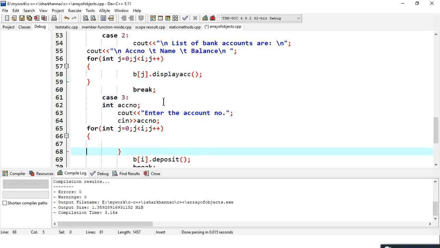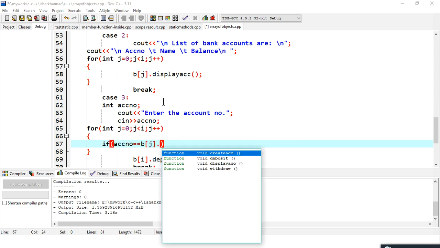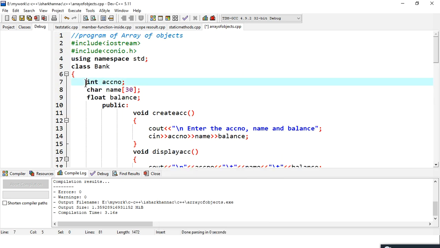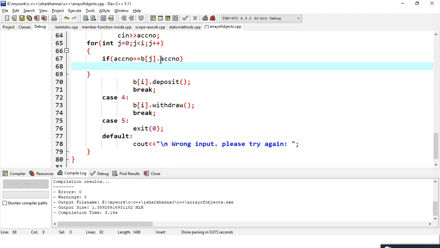and just a second. Sorry. If ACC number equals to obj dot, to access these variables I have to declare them public, so I'll declare it public here. So, okay, and I'll say obj dot ACC number, then we'll say